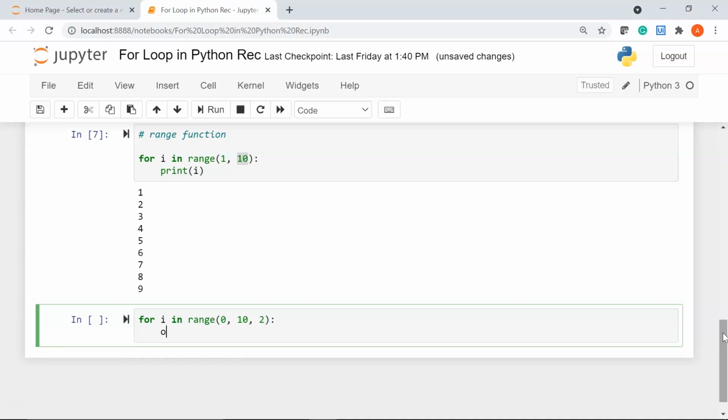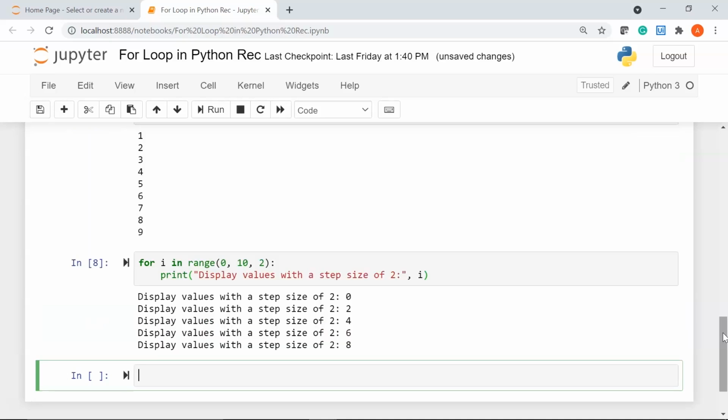Give a colon. I'll say print, display values with a step size of 2. Give a comma here and my variable, that is i. Let's print it.